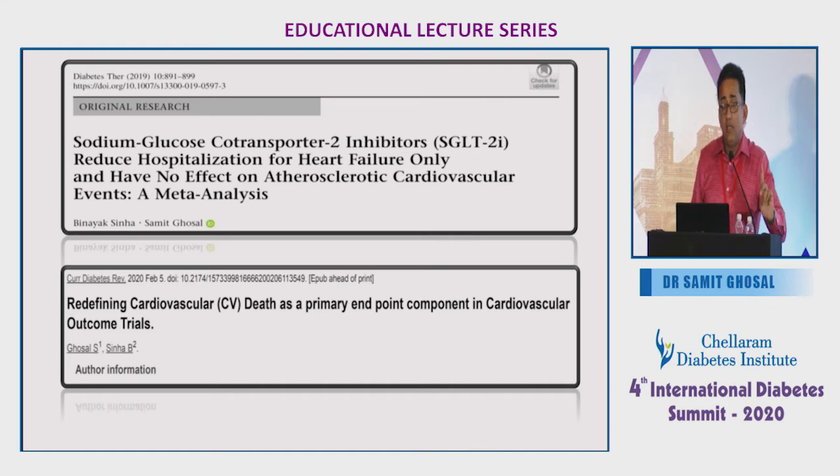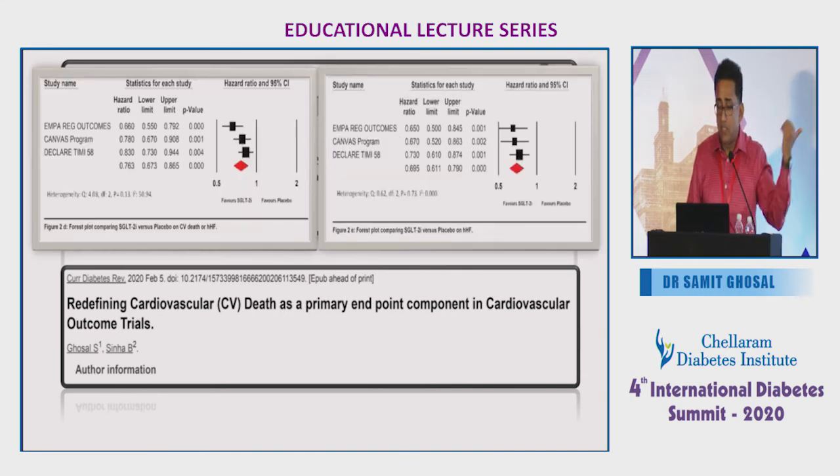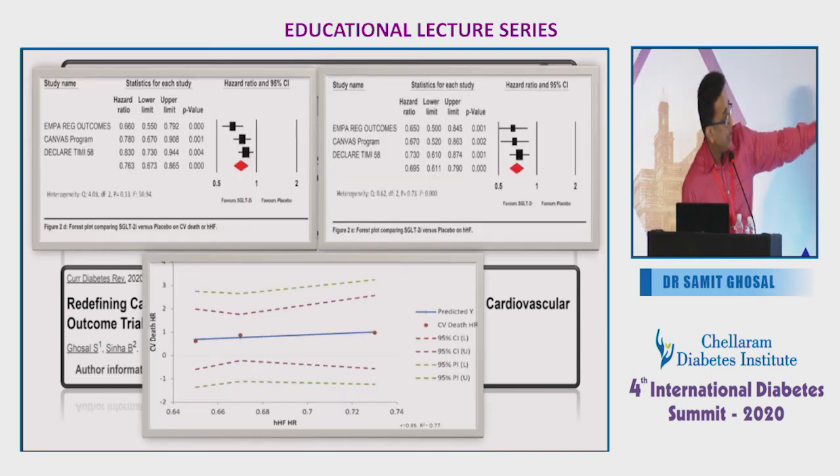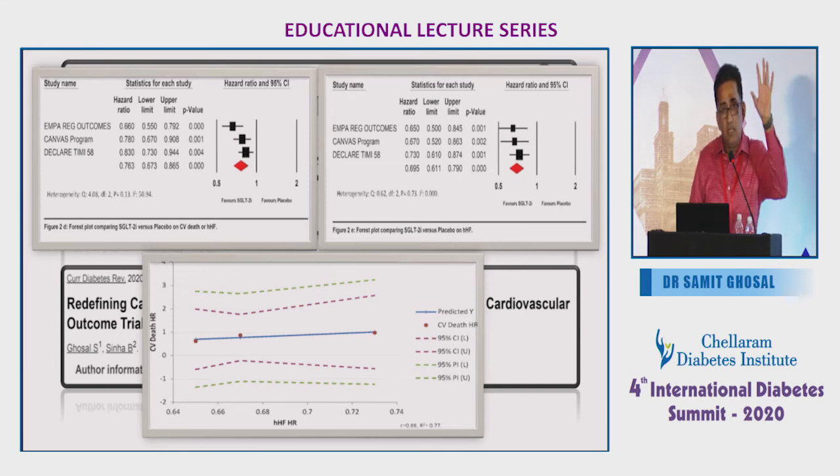Now, to understand that, we need to understand the cause and effect relationship. We need a correlation study, for which, again, I did the Pearson correlation coefficient study, which was just published around a month back, finding out the relationship between hospitalization for heart failure and cardiovascular death. If that is so, then between the 3 drugs, we are looking at sort of a class effect when it comes to the macro and microvascular benefits. And as you can see, our data shows that the correlation coefficient is more than 80% between hospitalization for heart failure and cardiovascular death, which proves the point that the entire benefit that we are looking at from the heart point of view is driven by reduction in heart failure or hospitalization for heart failure.